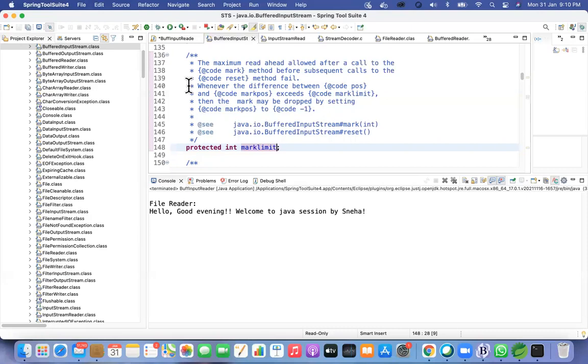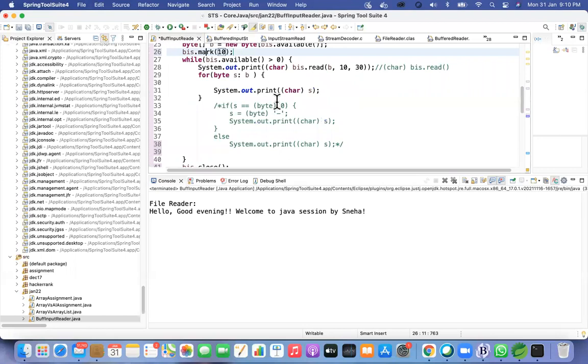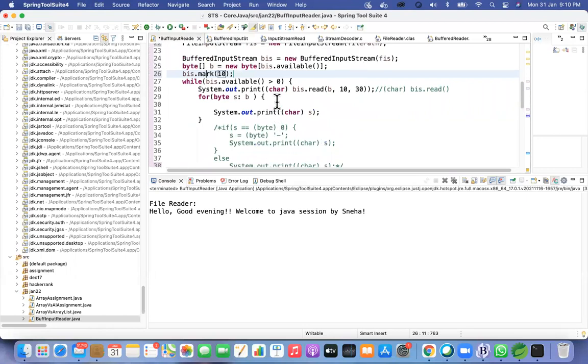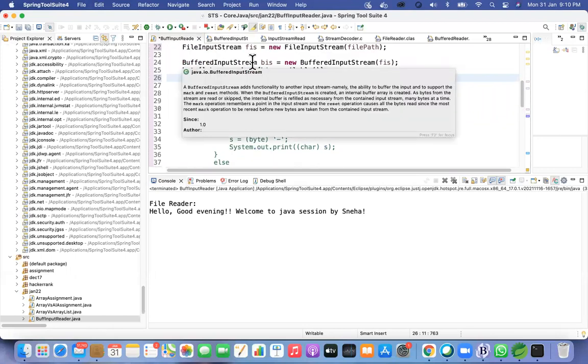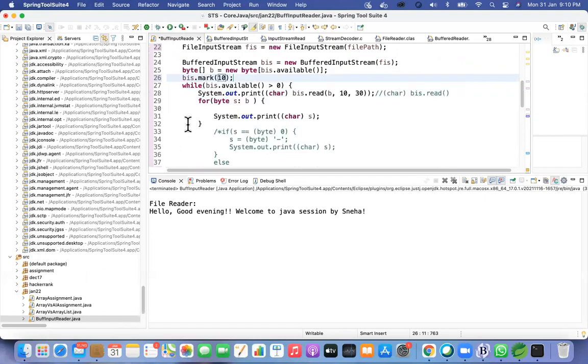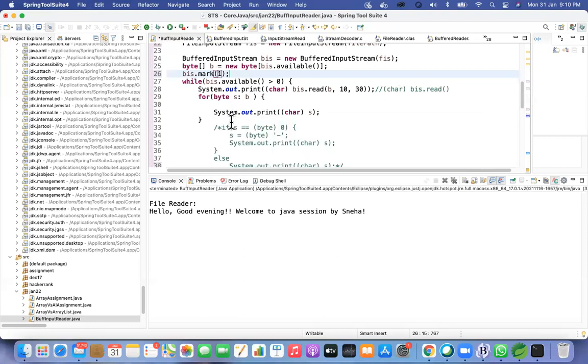So we have that method. Whenever we read the data, we can say that, okay, after this particular point, you can reset my data. So now go to your class. We can have the read method. You already created the BufferedInputStream, right? Okay. So in the BufferedInputStream dot mark, just give 1 as your data. I don't know what data is in the file, just give 1. And after that, whatever data you're reading, BIS.read, right? You can just comment the while loop. We'll just test how the mark function works.